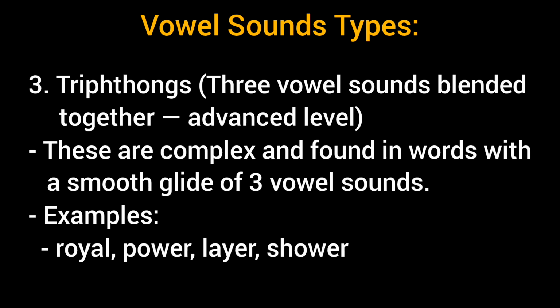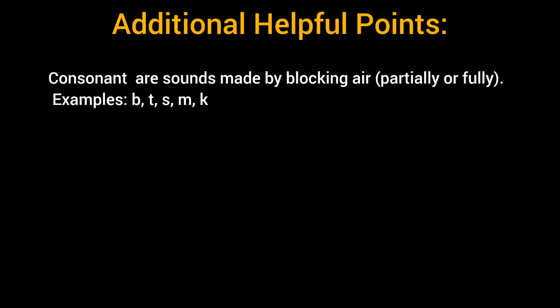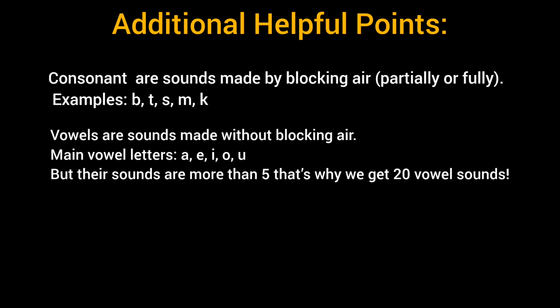3. Triphthongs, 3 vowel sounds blended together, advanced level. These are complex and found in words with a smooth glide of 3 vowel sounds. Examples: royal, power, layer, shower. Additional helpful points. Consonants are sounds made by blocking air, partially or fully. Examples: B, T, S, M, K. Vowels are sounds made without blocking air. Main vowel letters: A, E, I, O, U, but their sounds are more than 5, that's why we get 20